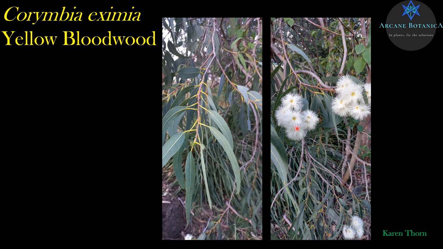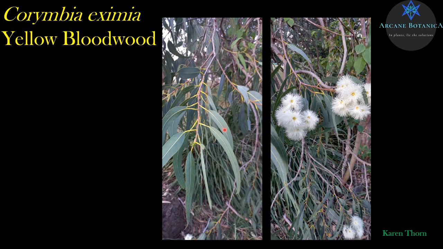Someone sent me some photos of a street tree in Sutherland Shire and wanted it identified. And as soon as I saw that, I said, it looks like Corymbia eximia. I'm just using Karen's photos because she also got it in flower. So that's what the flowers look like. I swore I had a heap of Corymbia eximia photos, but I don't. But that's what it looks like in flower. Nice fluffy white flowers. Really nice.